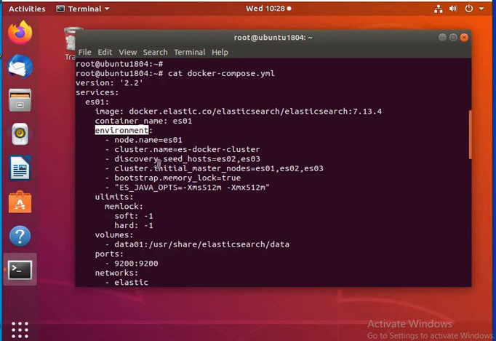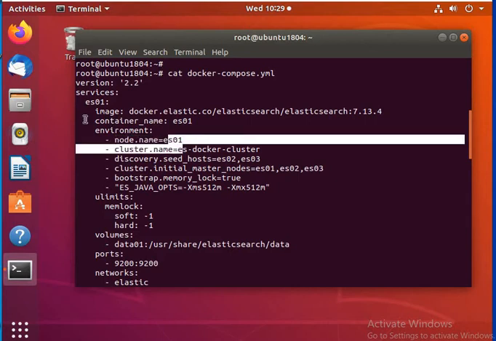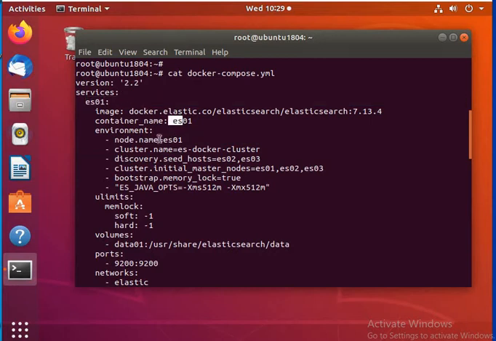You can define a lot of environment variables. You have to make sure that the environment variables are correct, and there are certain variables which we need to define, which are there in the elasticsearch.yaml file. So those variables, or you can say those keys, we need to map here. First we are giving the name of the node, that is node.name as ES01, which is the same as the service name or the container name. Then we are defining a cluster name as elastic-docker-cluster. This is our test, that's why we are giving elastic-docker-cluster.